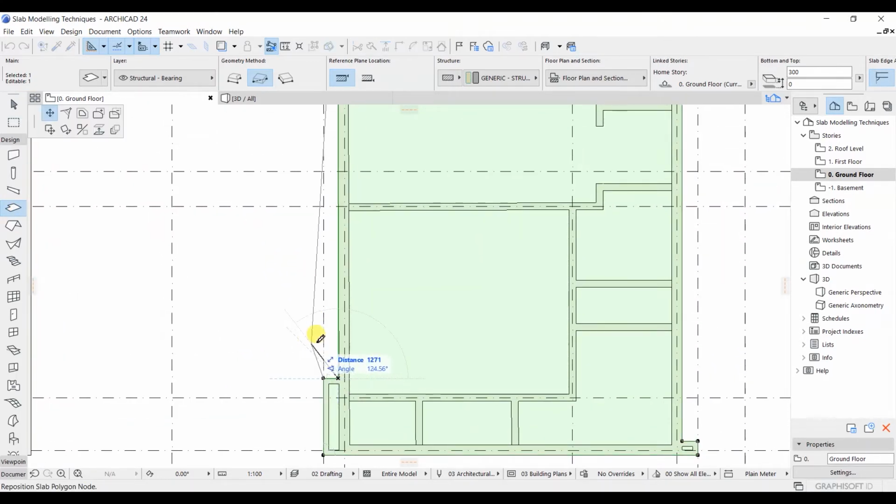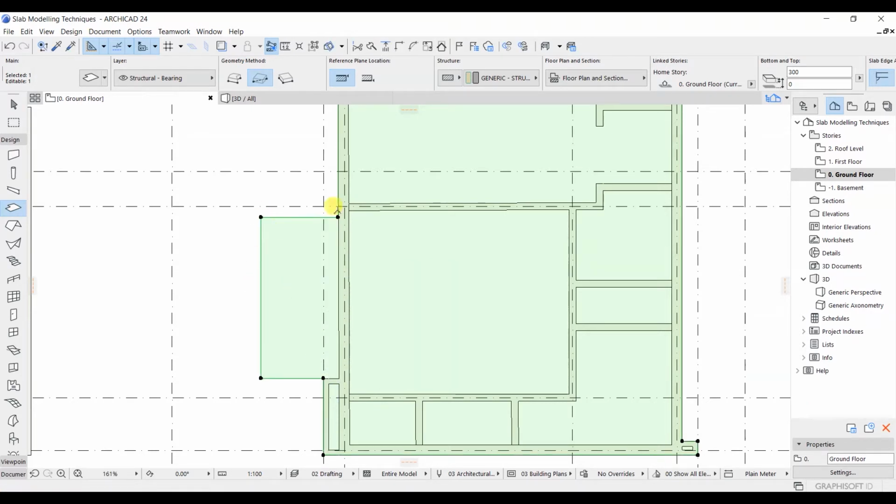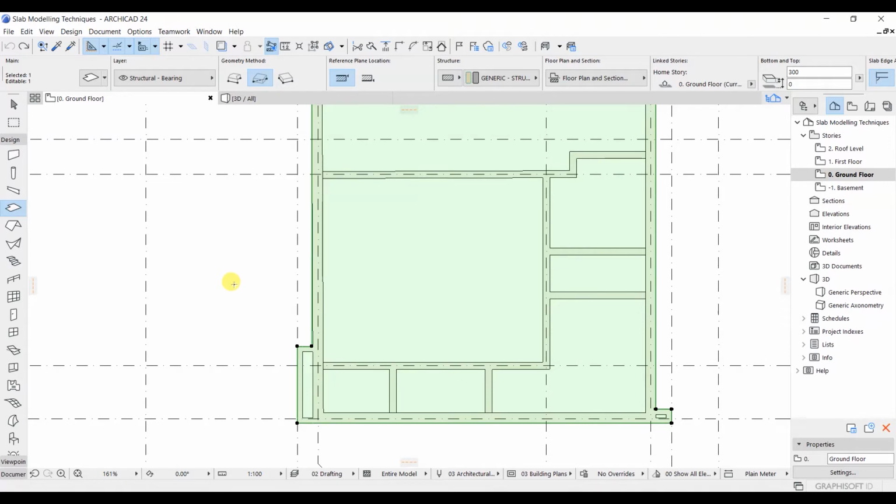If I go here and click on this point, and let me place my web palette here, you can see that we have these options, add to polygon and subtract from polygon. If I click on add to polygon, I can simply click here and add the slab just like that, and also you can subtract that one as well. Right now I will just press Ctrl Z on my keyboard to undo whatever changes I have made.